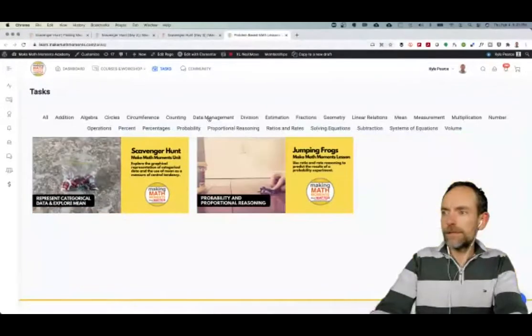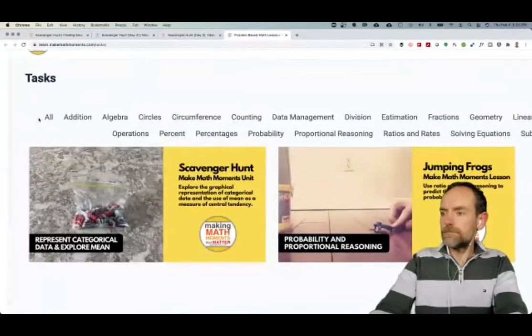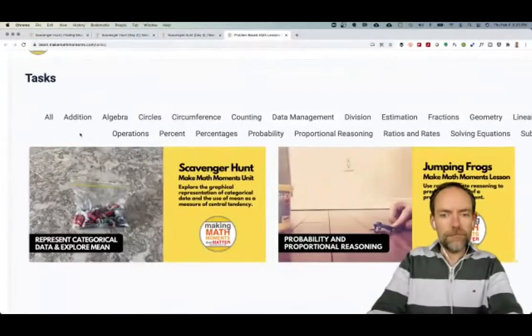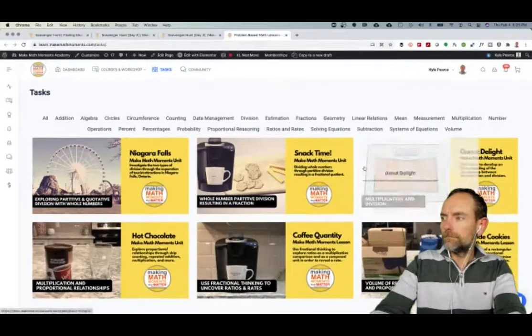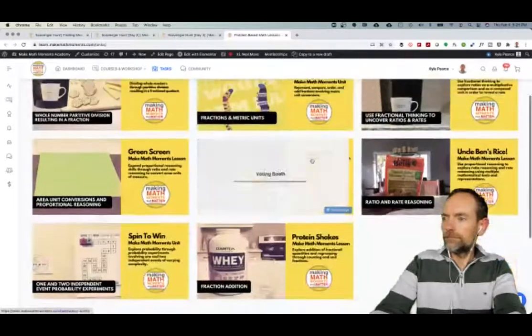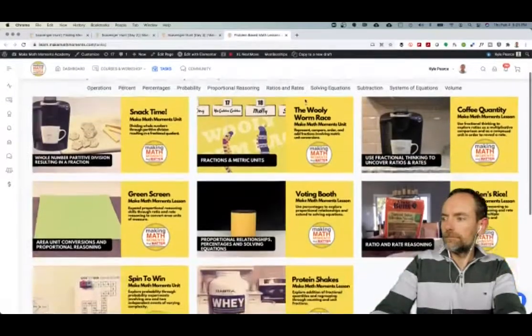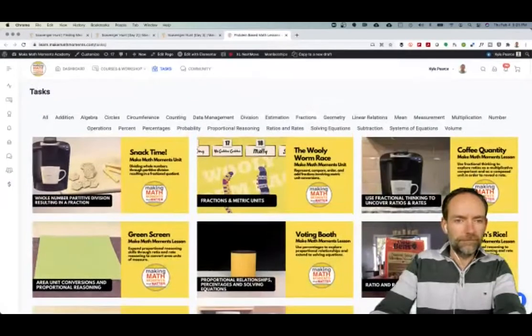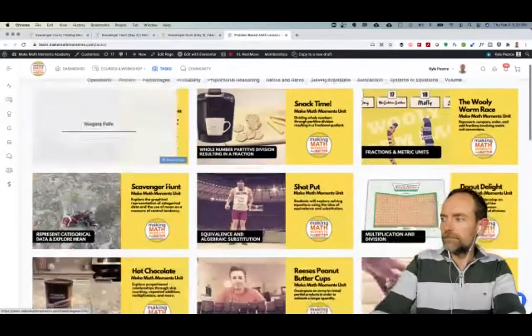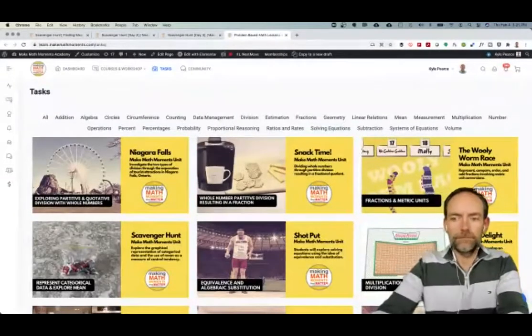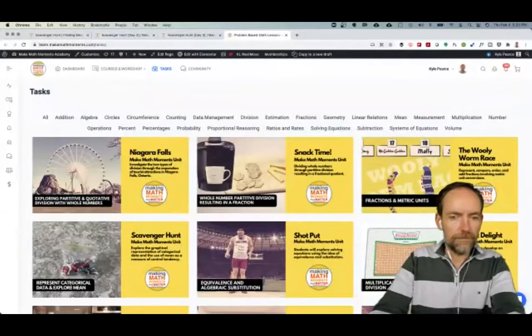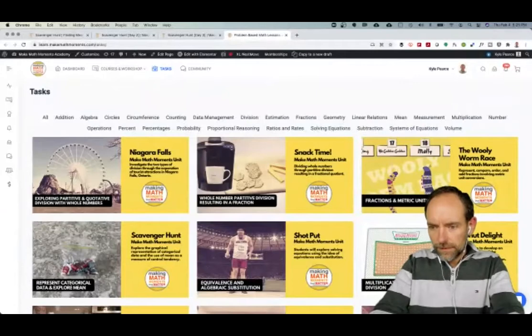So we've organized it by topic and strand. For example, if you're teaching grade 8, you might say, okay, I know circles are in my field, let me go look at the circles. Or if I'm teaching division, I'll click division and see if that task is relevant. We want people to read through the tasks to see how they could apply them to their class, instead of saying, that's a grade 3 problem or that's a grade 5 problem. The task we just did is in grade 9 for sure, but Kyle also said we could do this in a grade 3 class. That's why we don't put the grade levels on it.